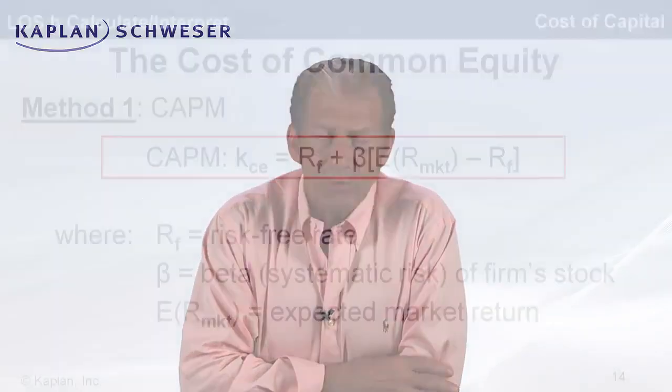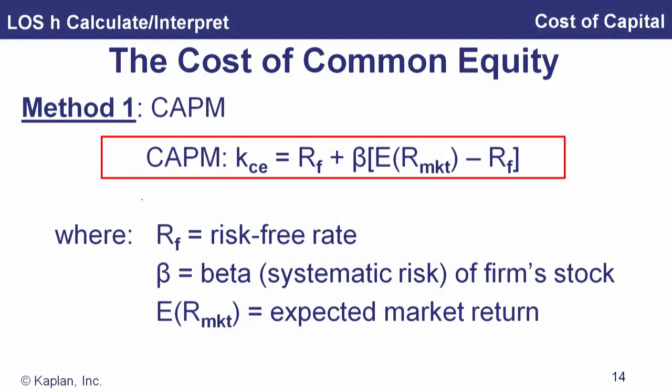So now let's take a look at the cost of common equity. This is a little more complicated than what we've seen because we've got three different methods here. And the first one is the capital asset pricing model, that if you ever had a beginning finance class, you've seen this. And the capital asset pricing model, which we cover in some detail in the portfolio management topic area,